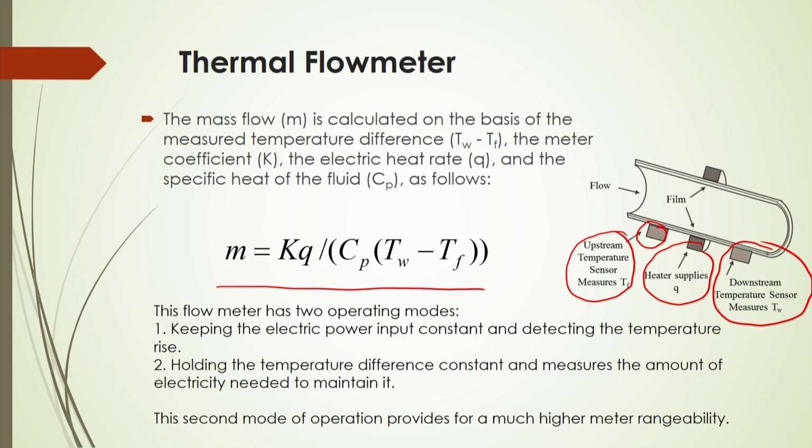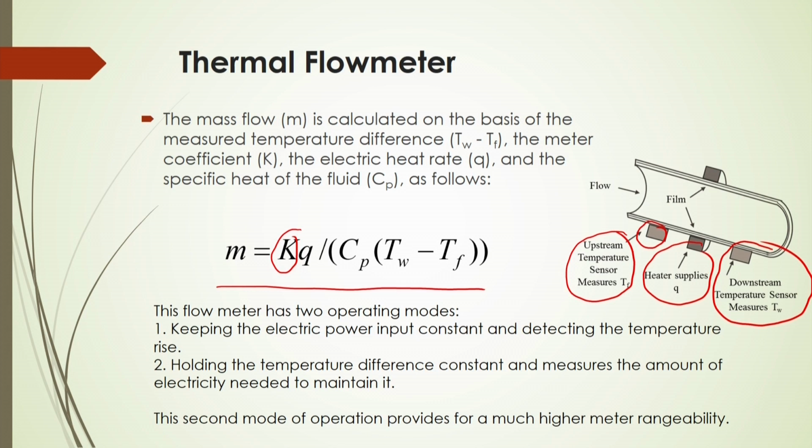Now, in this case K is called the meter constant, because if you are not using this, you will not be able to exactly calculate the flow rate, because there will be some heat energy loss. So, upon considering that heat energy loss, you have to correct this equality by considering that meter constant there. You have to use these principles to calculate the mass flow rate once you know the temperature difference.